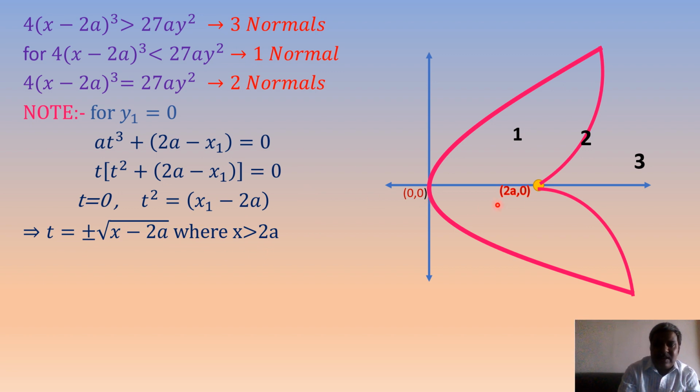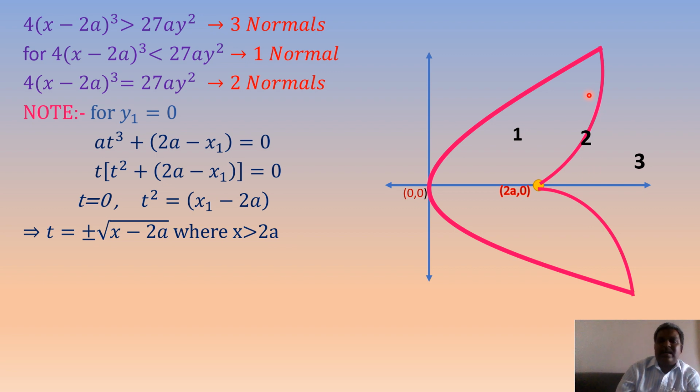See my figure. So this is 2a comma 0. After 2a comma 0, you take any point on this line. This is my x-axis. You can draw 3 real normals. Suppose your point is here. You can draw 3 real normals to the parabola. Suppose your point is here. 3 normals can be drawn to the parabola. In other cases, you have to check the above conditions. x1 greater than 2a holds only for y square is equal to 4ax, and your point must and should lie on the x-axis.